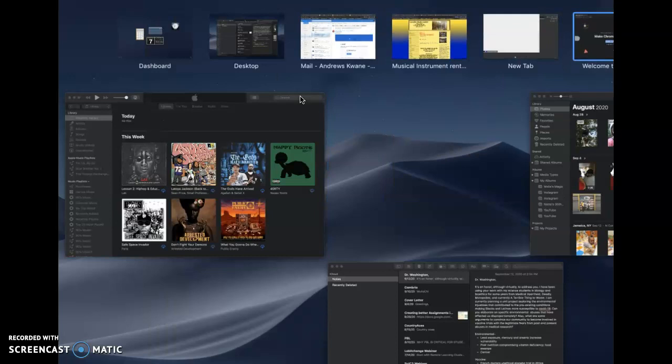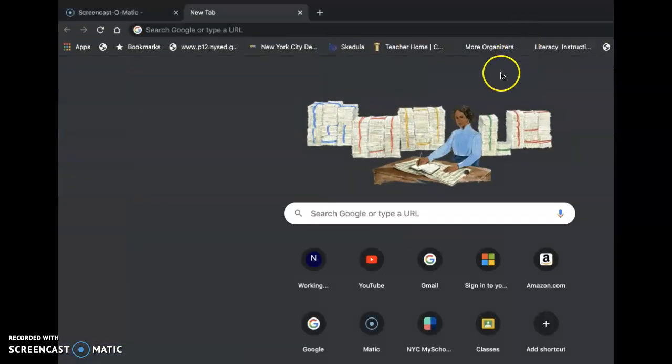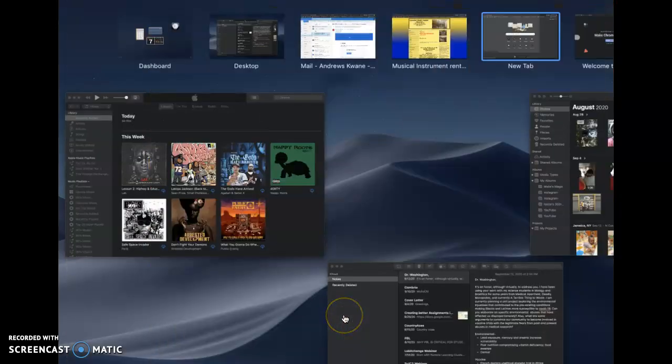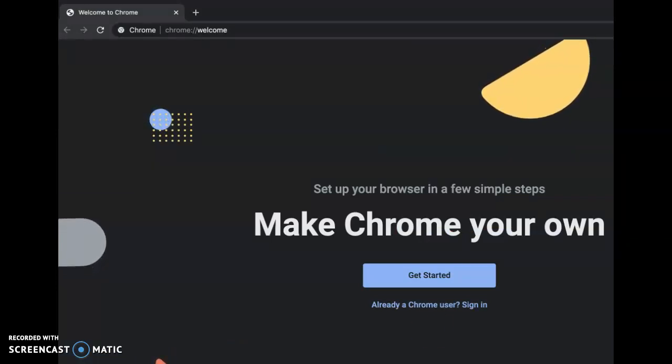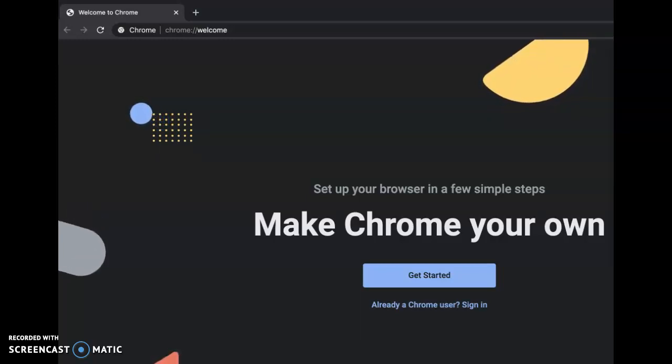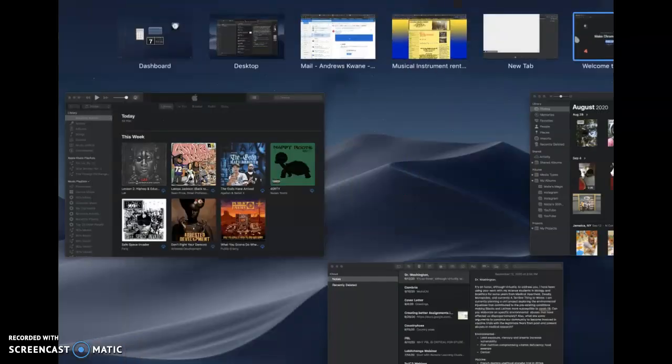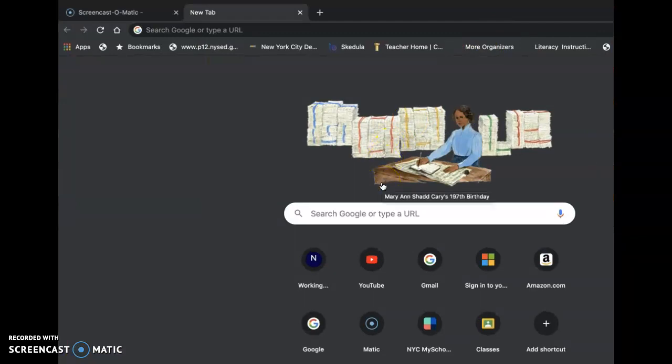Then it's gonna take you to another screen. Now I'm not sure if I'll be able to show you that while recording. No, I will not be able to show it to you. However, when you get to that other screen, you want to